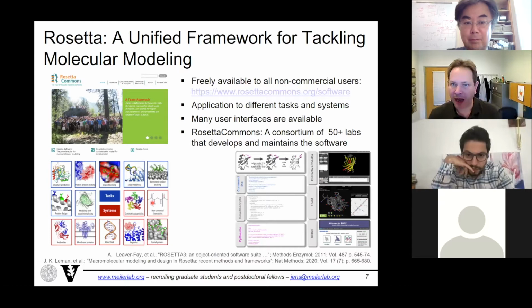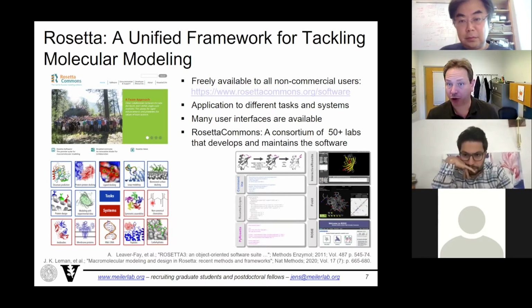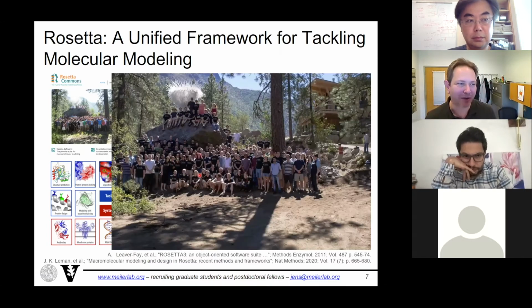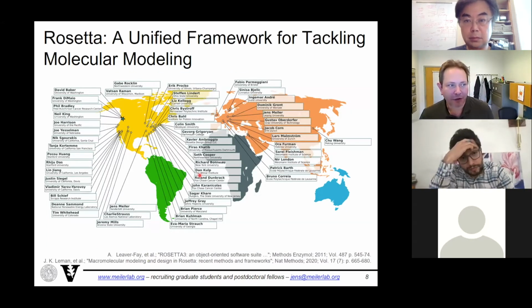My laboratory runs twice a year a workshop where you can learn the protein structure prediction and the protein design basics of Rosetta. If you are interested in that, let me know and I'll put you in contact with the person who organizes that. But it's a great scientific experiment also socially because of this large group of people. And in non-COVID times, we have our joint conferences. This is a few years back, obviously, as you can imagine. The development of the software is focused in the United States, but there are also several laboratories in Europe and then even in China.